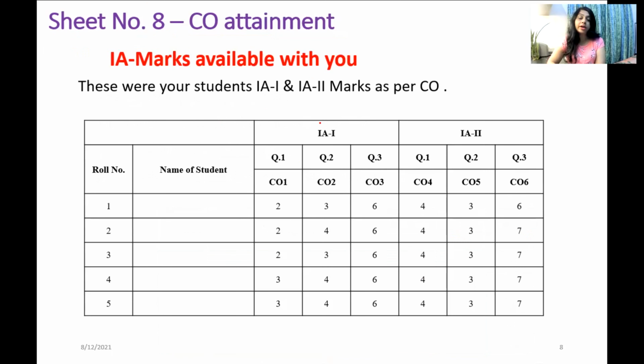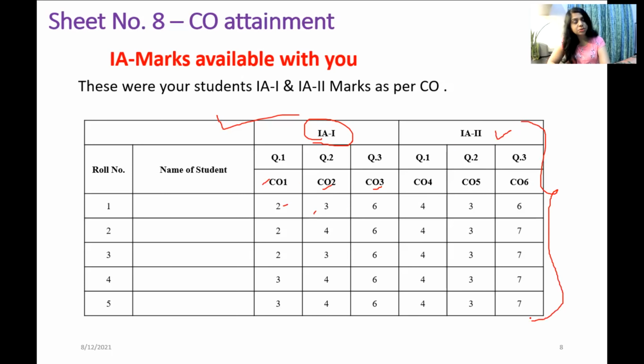Now, we have already calculated CO marks based on their question paper and answer sheets. Earlier, we have already done this exercise for all internal assessments. That means we know our paper format: for internal assessment 1, we give questions for CO1, CO2 and CO3, and for internal assessment 2 we give for CO4, 5 and 6. Based on how many answers students have written in that particular internal assessment, we give these marks. So all the departments already have this ready with them.